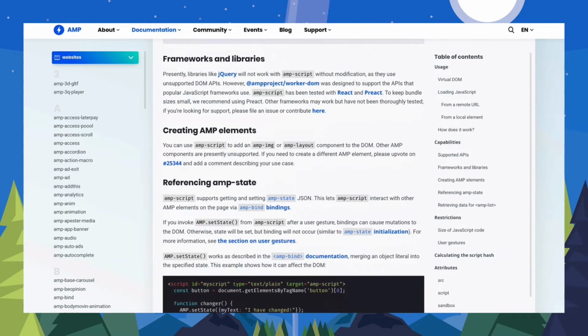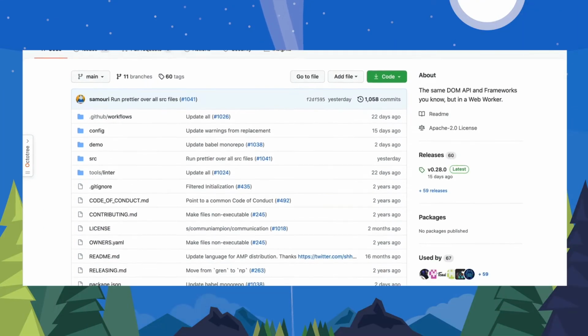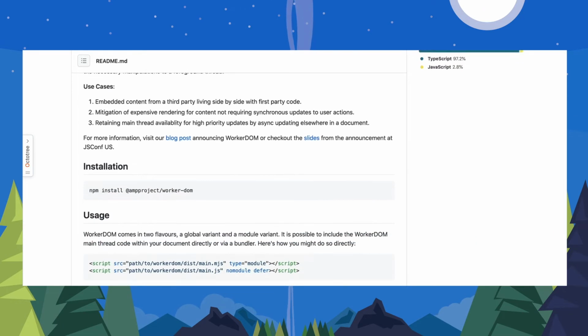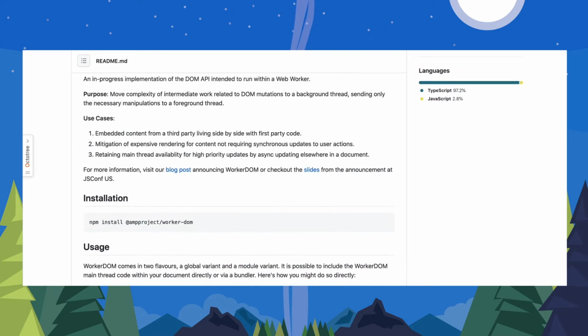And there's this pretty cool thing called worker DOM that lets you communicate between the worker and the main page, because web workers, as you may know, cannot access the DOM. So what this does is it emulates the most useful parts of the DOM API and lets you use those things in a naturalistic way. So let's say you've got some complex business logic you want to use in your page somewhere, it might take 30, 40 lines of JavaScript. You can write AMP-script for that, and it can go ahead and send stuff back to the page,